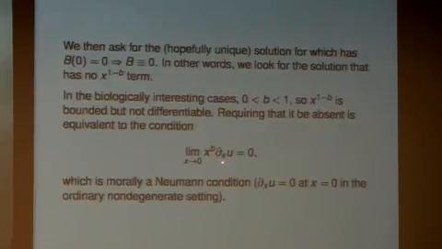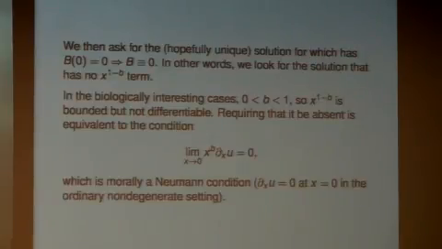That can be rephrased as: if I take the derivative, dx of this gives me x to the minus b, and x to the plus b will give me the leading coefficient as x goes to 0. This is a way of specifying it. The dx of u itself would, in general, be singular. It would be blowing up as x goes to 0. But the coefficient B of 0 is singled out by this particular limit. So this is a type of Neumann condition.